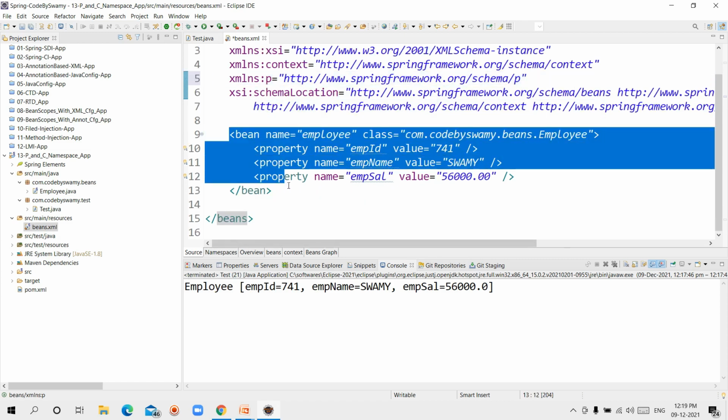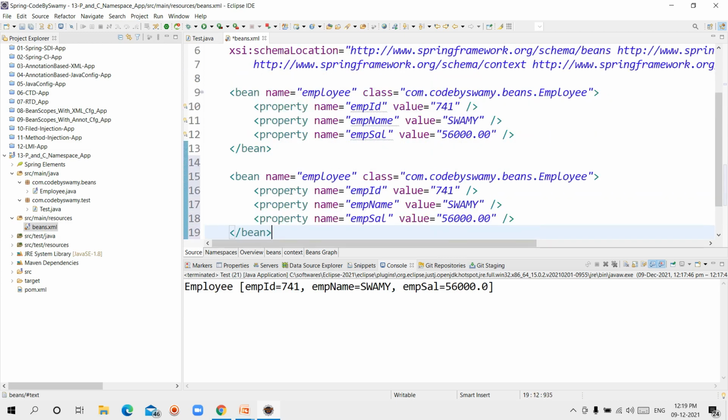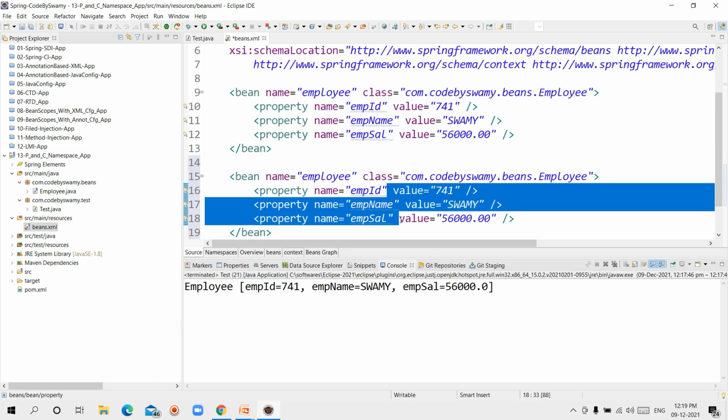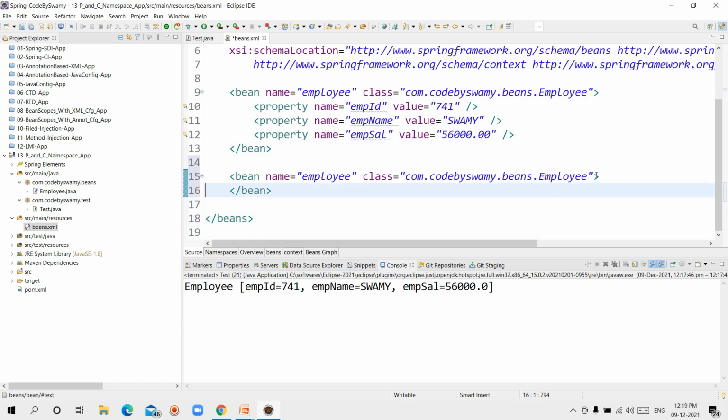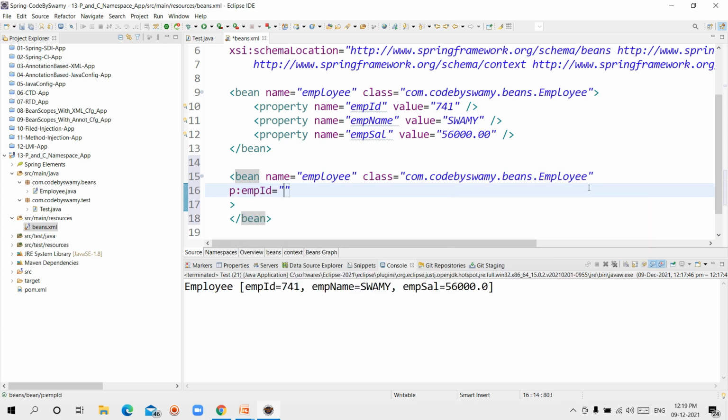I am copying the same code because I want to show the difference between the p namespace and the previous code. See, this is the previous code. This is also the same. Here I am removing these properties after the Employee class. After class, I am writing p:empId, I am writing 100.